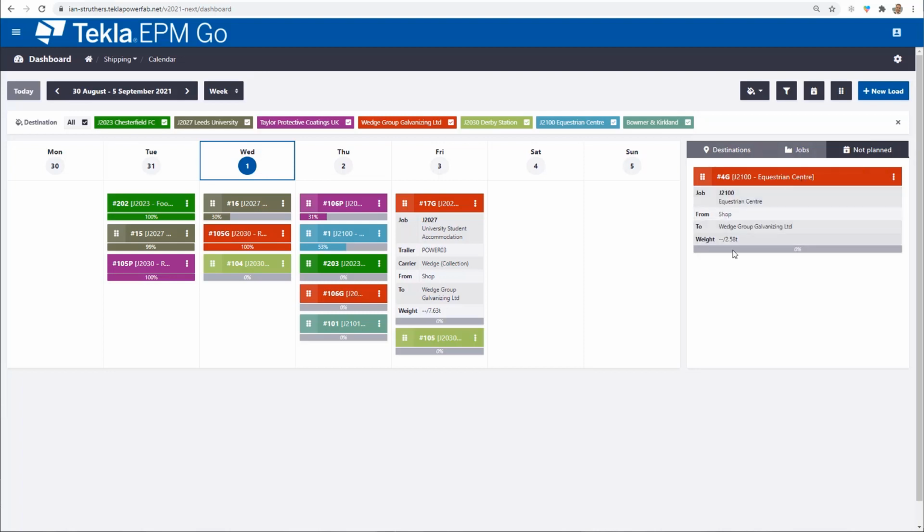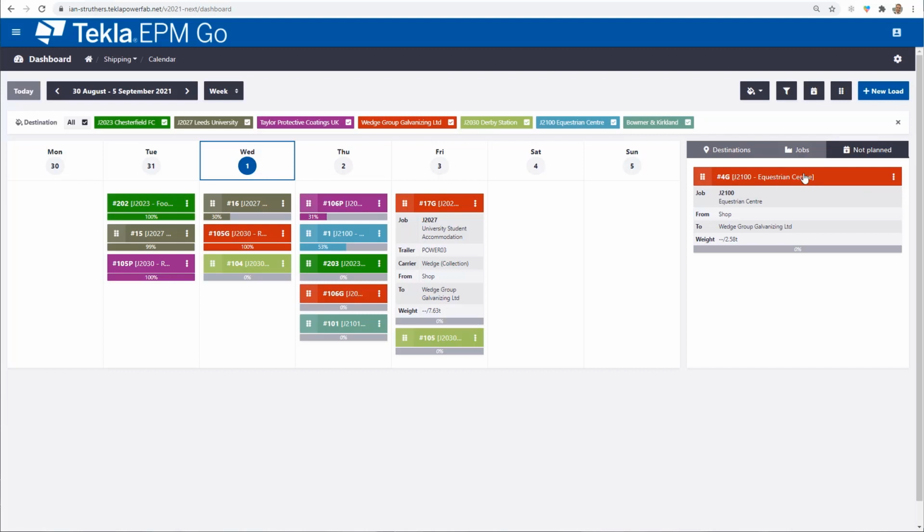And if I look at this, I can see that I've only actually got 2.5 tons worth of material on this load as well. So if production allows and we can get these items out in time, then it would make sense to combine these two loads and only have one trailer go into the galvanizers as opposed to two separate